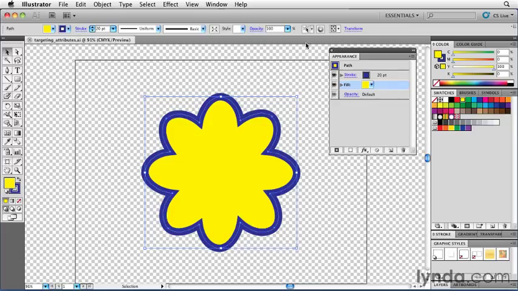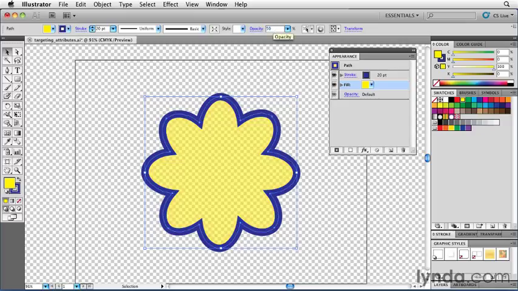Now if I change my opacity value to 50%, you can see that only the fill gets an opacity setting. I can see through the yellow fill, and I can actually see the checkerboard pattern beneath it. However, the stroke itself still appears fully opaque. And I'm doing this all with only one path. Now again, what makes this possible is that before I applied the opacity setting, I first targeted a specific attribute